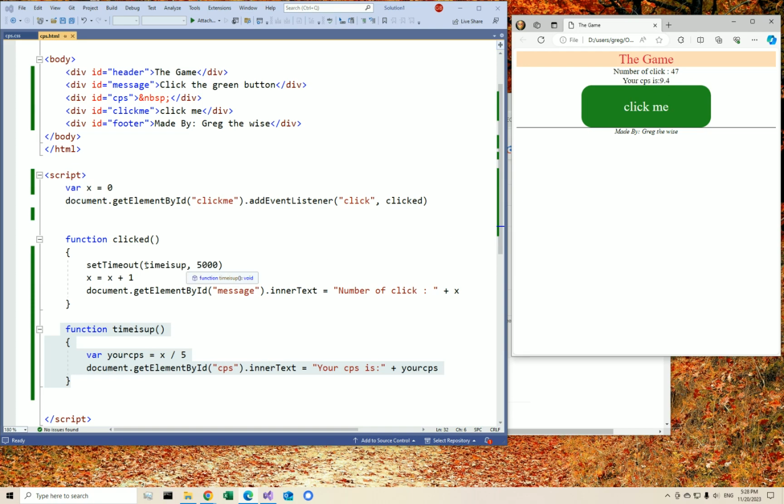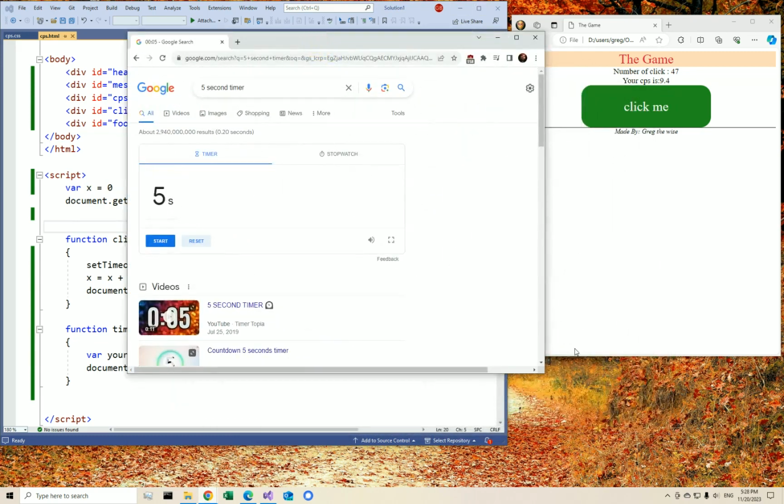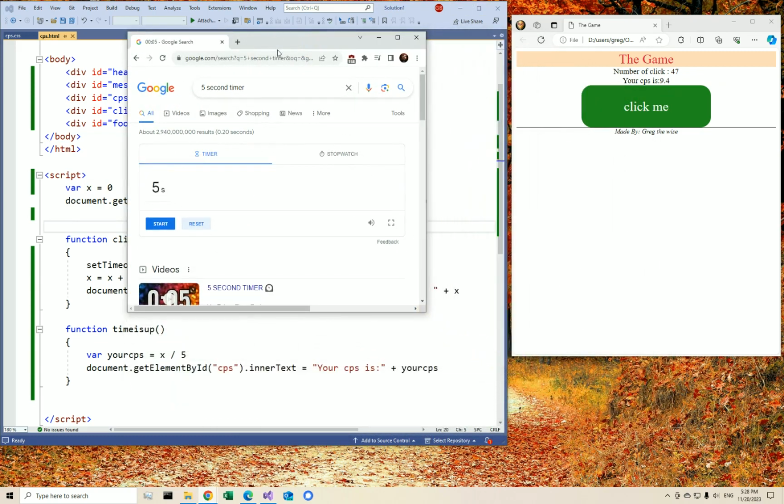Well, maybe you can spot the problem. Think about it this way. This piece of code gets run only once, only the first time a person clicks, or does it run every time a person clicks? If it runs every time the person clicks, that means every time you click, we start a timer. Remember when we had this timer here? Why don't we do that here? And let's